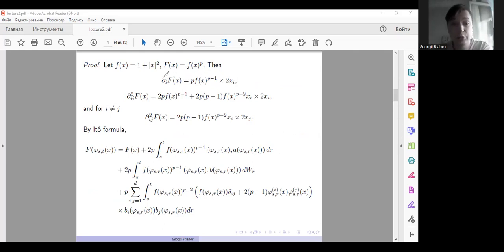Capital F of x, where f small is 1 plus the norm squared, so f small is 1 plus x1 squared plus xd squared, and then we take it to the power p. So this is our F of x. And we will substitute the process phi into the function F. And since phi solves the stochastic differential equation, each component of phi